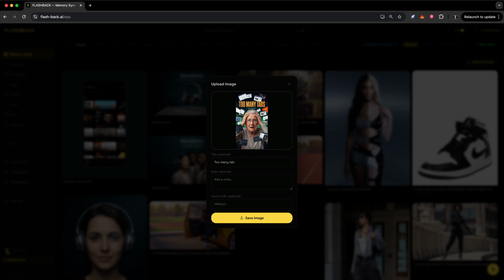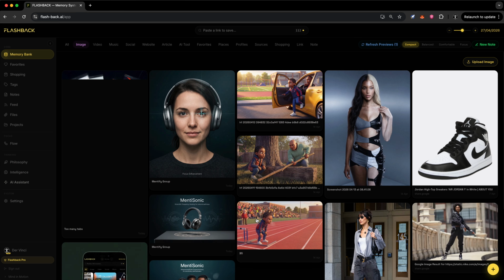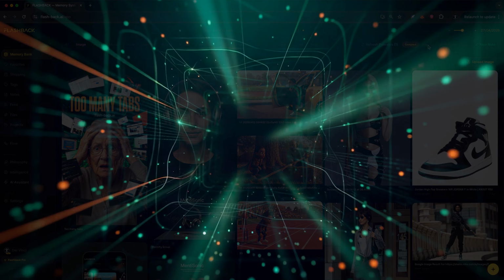Closing. This is how images stop being static files and become part of your workflow, part of your thinking, part of your execution. This is